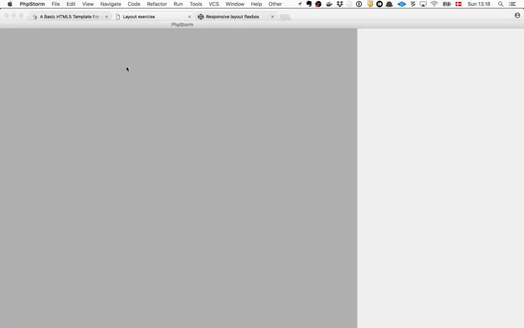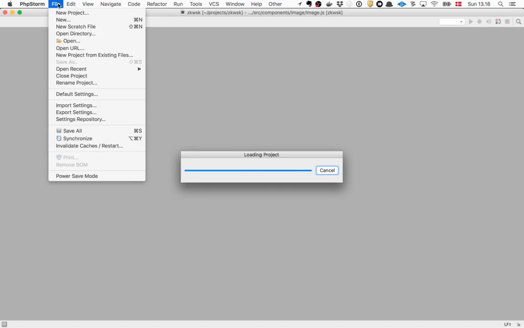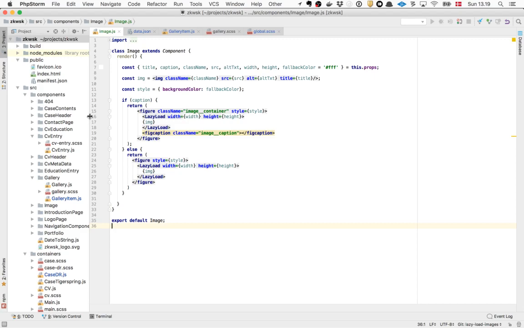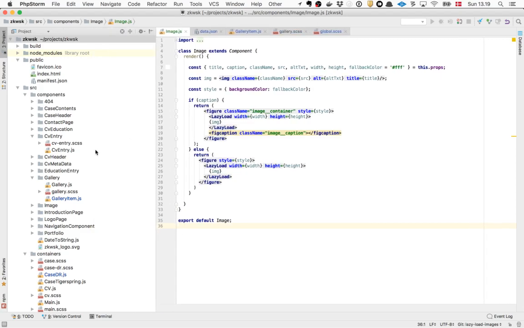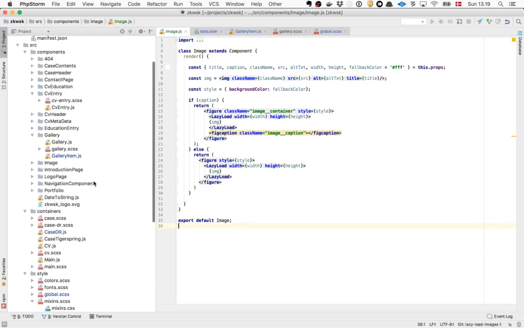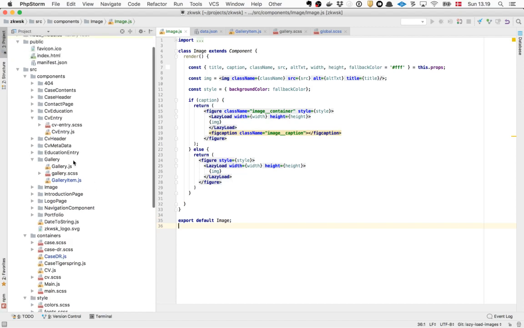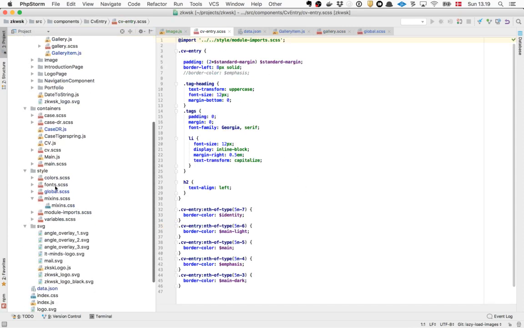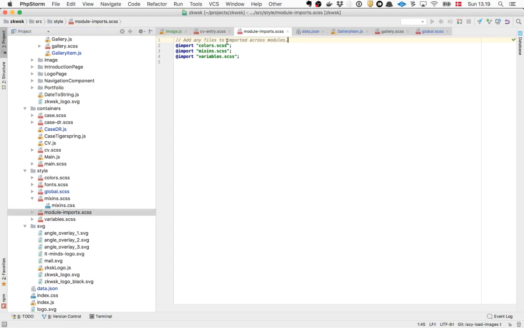I'll show you how I structured my own website. This is what you work with every day, WebStorm. Yeah, I really enjoyed it. Actually, that was not such a great case. I just want to show you that when I do React, we put separate files for each component. But that's not the same. On the other hand, I have a style folder. I have one for colors, one for fonts, then global styling, then one for mixins, and this one is just importing everything.